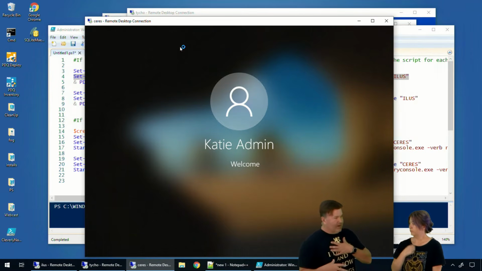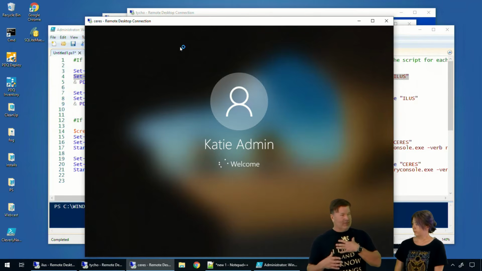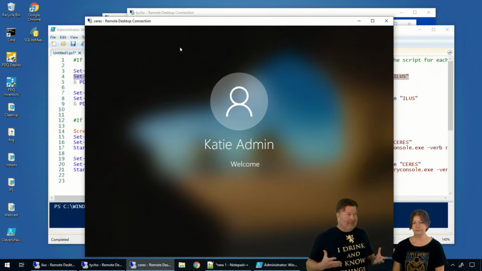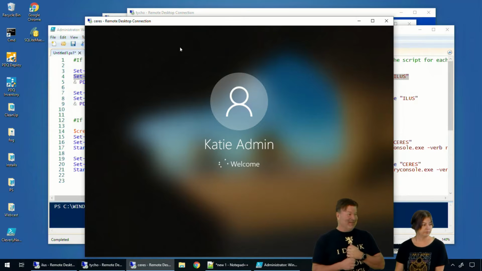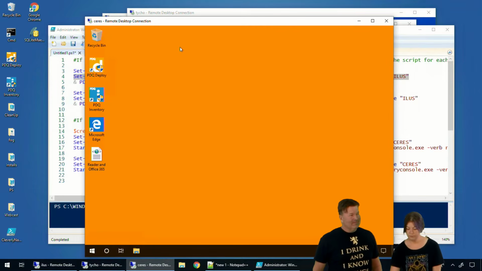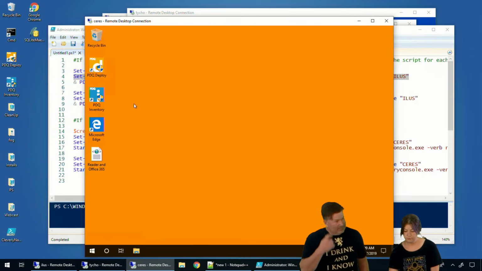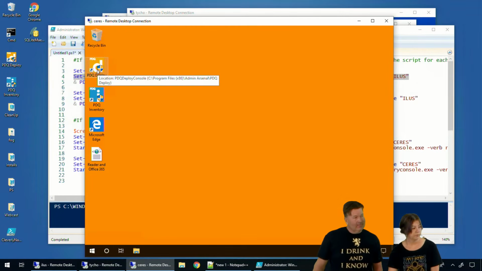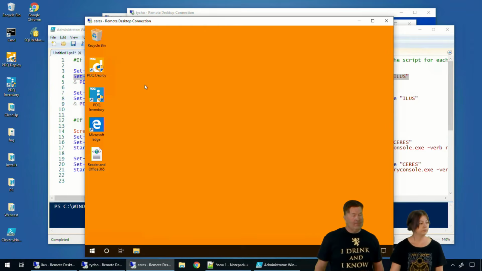I'm a little apprehensive about just digging in on the registry and changing it. Is there an easy way to get it back if you mess it up? You could make a backup of it, sure. The nice thing about deploying inventory is you've got all your config mostly in the database. So if you mess up the registry, you can uninstall, reinstall, and you're kind of back to